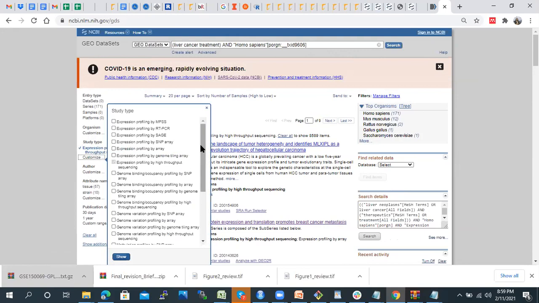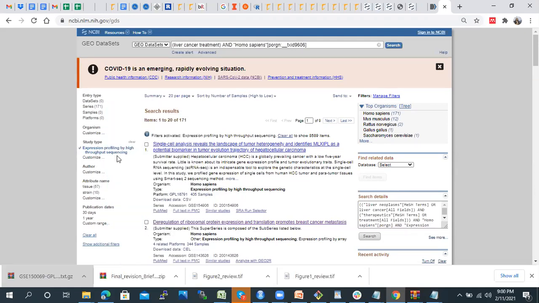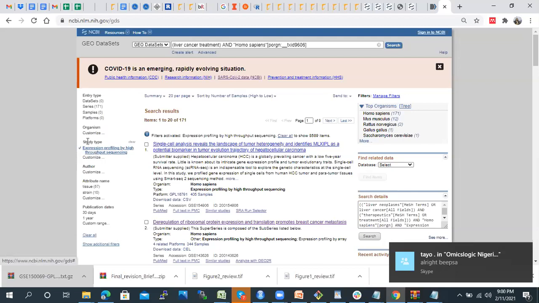So from here, which kind of data are you interested in, right? For example, right now I am interested in only RNA expression data. So I can set different filters, like expression profiling by array, which is microarray. You can select all those. I have already selected expression profiling by high throughput sequencing, as I am taking one example which involves high throughput sequencing. Then you can go to show. Here, you just need to click on that selected criteria.